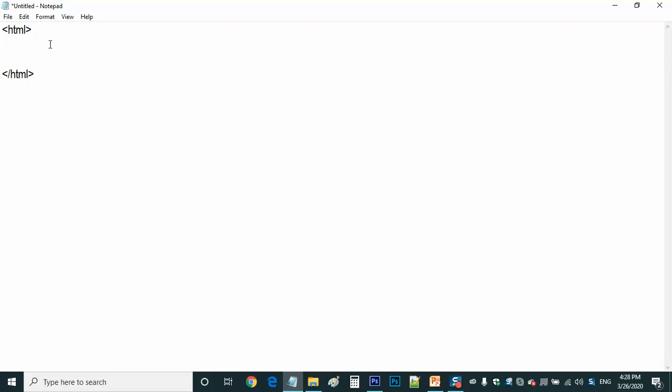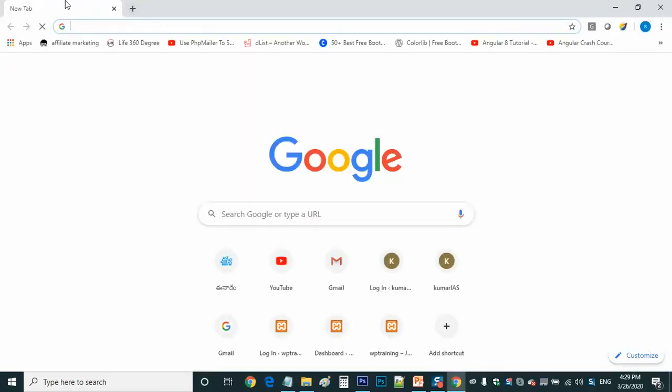HTML contains one more tag that is called head. I'm going to explain what a head is, what a body part is, and what the title is, one after the other. Let me write a program first. This is the head. It is the top portion of the browser. For example, if you take any browser, I am opening one browser here, Chrome. The top portion from here to here is called the head portion, and the content which you are going to see here is called the body of a web page. Let me explain that.